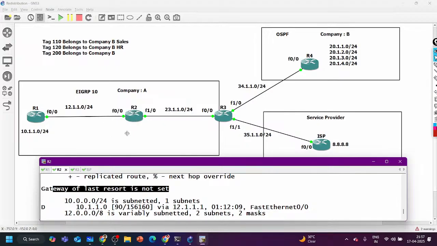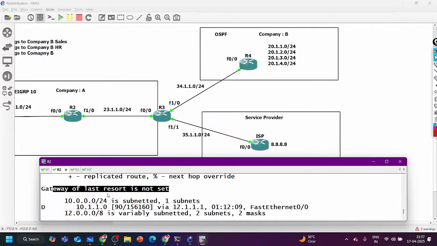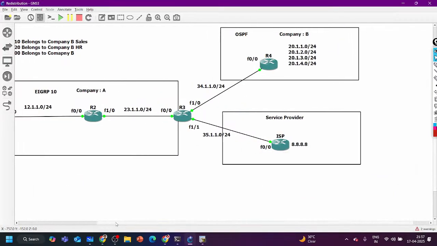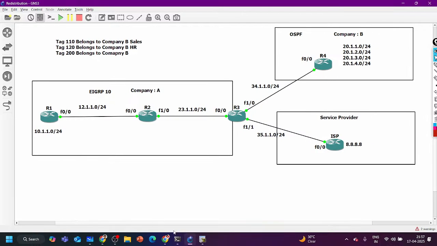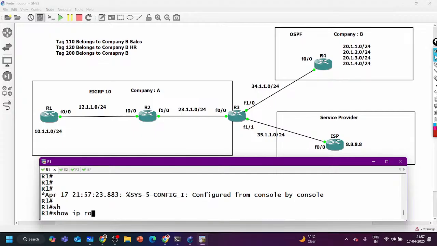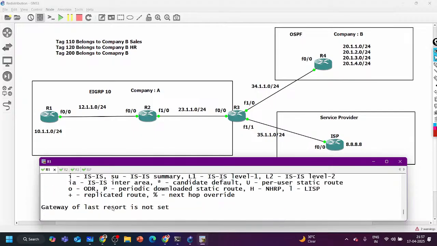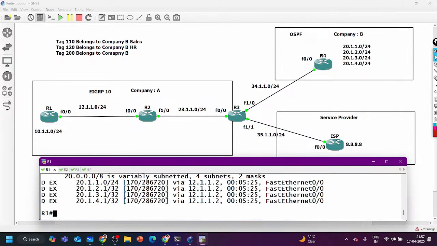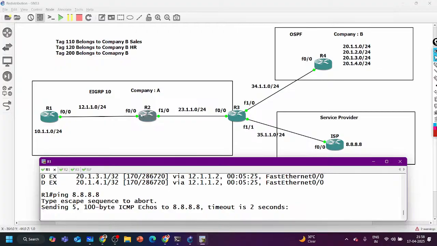So if anyone from router number 2 pings 8.8.8.8, router 2 will discard the traffic. Similarly, router 1 will also discard the traffic, because gateway of last resort is not set here also. The default route is not there, right? So if I ping 8.8.8.8, the ping will fail. So guys, I need to configure a default route on all the routers inside the company.